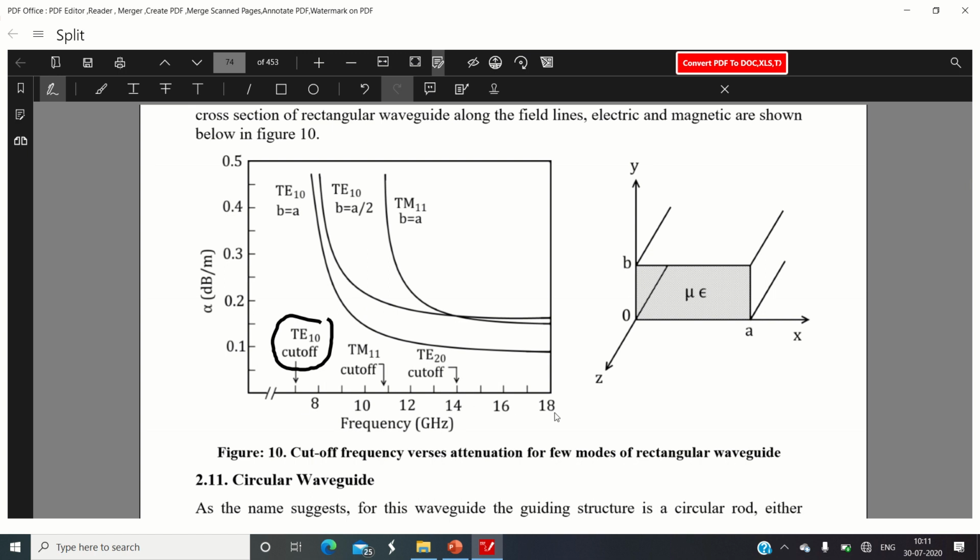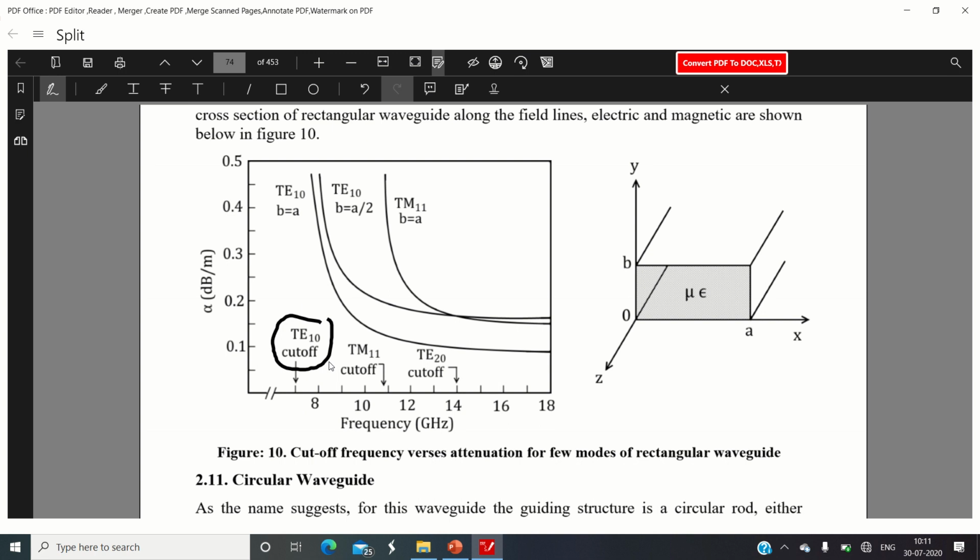so the horizontal axis is the frequency axis, right? Vertical axis is the attenuation axis. Now for the meantime, you just forget about the vertical y-axis and concentrate on the x-axis over here. Now at the x-axis, for the given dimension, the TE10 mode is the minimum operating mode, right? So TE10 mode is the minimum operating mode of the rectangular waveguide, and which is already known as a dominant